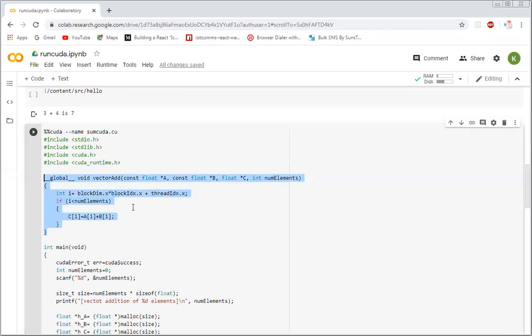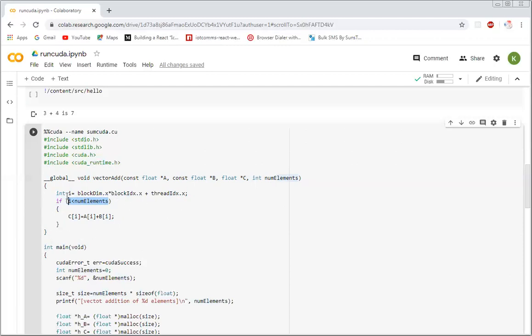Now, what we can do is understand that if the size of our array is just 100, in that case we want to use this thread ID only if it is less than 100.